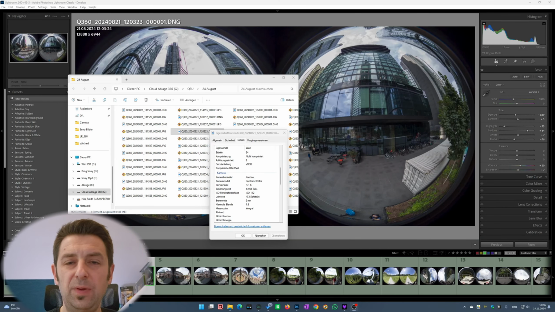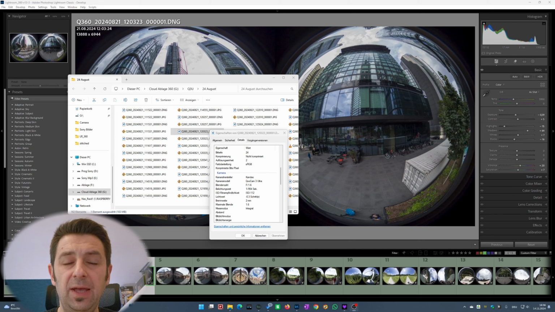Hello and welcome. In this video I want to show you how to edit this photo, or this one, that I have taken with the Qoocam 3 Ultra, and how to create a tiny planet with the Qoocam Studio. Let's go! I have taken this photo with a 3-meter long pole, so I have to use a single photo,